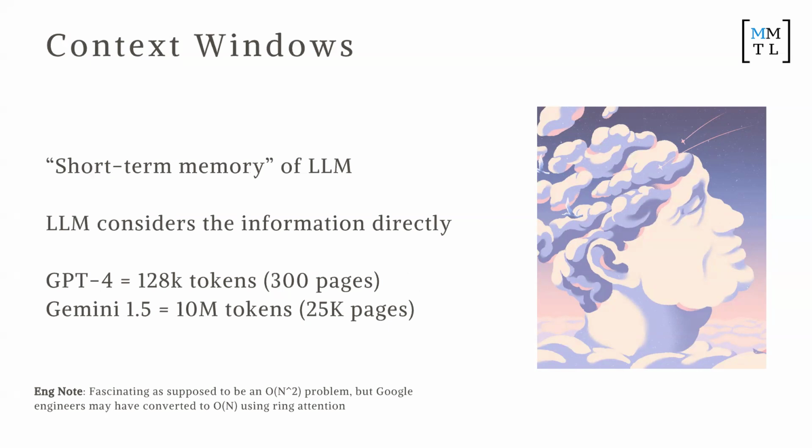So a context window is pretty much a short-term memory. It is when you actually paste information into ChatGPT and you provide it information to go, hey, you should directly consider this. And so GPT-4 allows you to upload 300 pages of content and go, hey, look through this piece of information. Gemini 1.5 allows you to upload 25,000 pages worth of material, which is absolutely insane. And I've got a little note there, which you now will understand, which is increasing this context window is considered an O(n squared) problem, but somehow Google managed to make it an O(n) problem. So that's why they've managed to play with 25,000 pages.